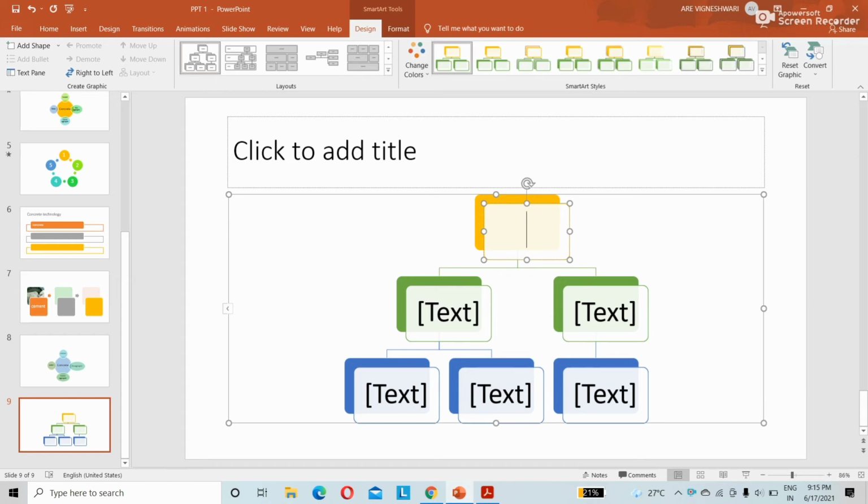If you want to explain about anything, like executive engineer, then assistant executive engineer, then assistant engineer, like that. If you want to explain any hierarchy manner like that, you can go for this smart art graphic.